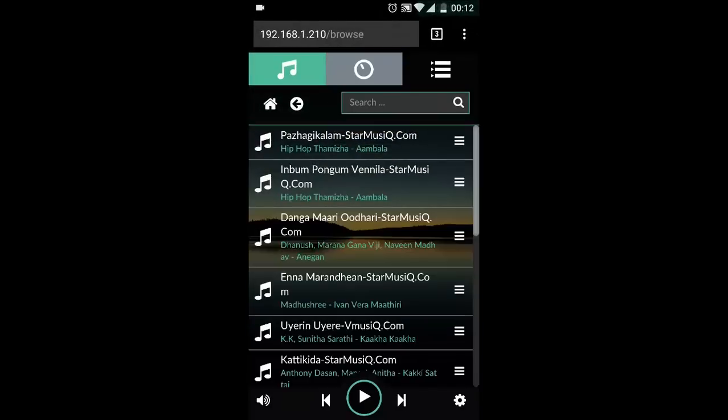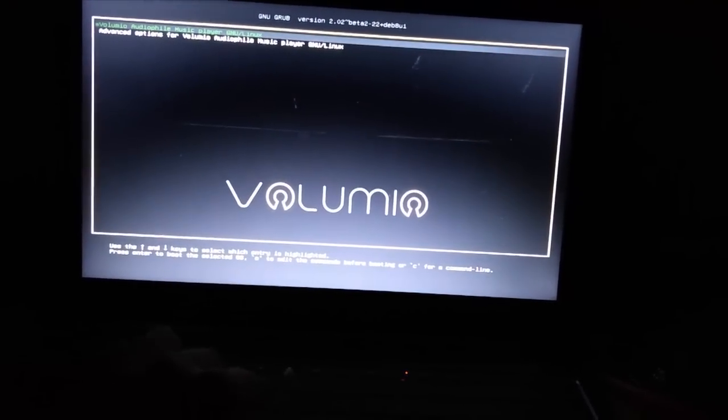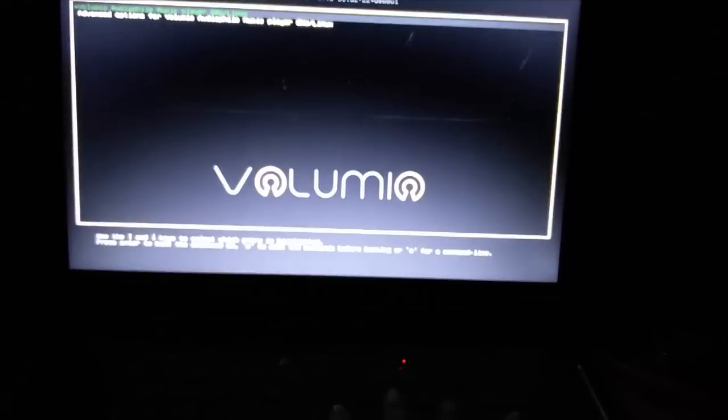So now let us see how you can directly run the Volume IO standalone in your PC. Turn on your system and boot from USB. Now as soon as you boot from USB, you will get the option over here to play the Volume IO.